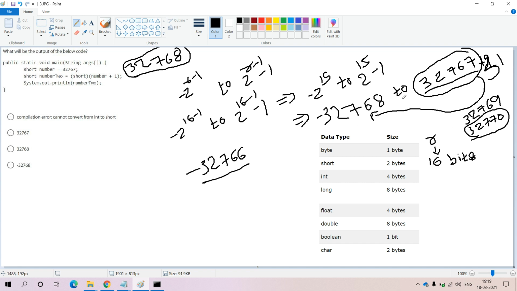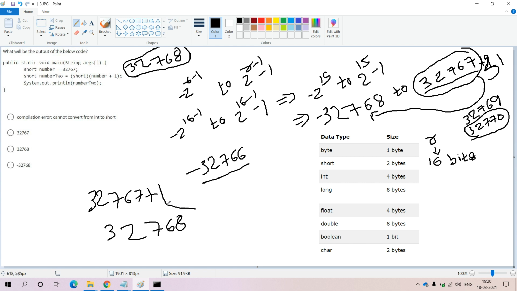From this entire output there are 4 options available. For the given number 32767, we are adding one more value, which gives 32768, but it is not possible to hold it in the short data type. Why? Because the short data type range is minus 32768 to 32767 only.